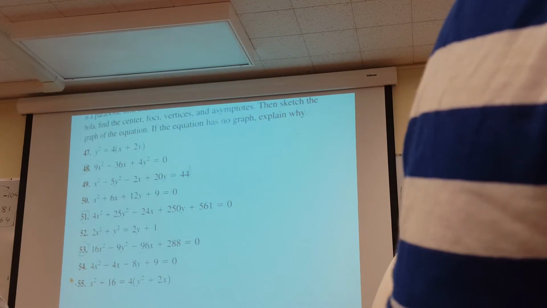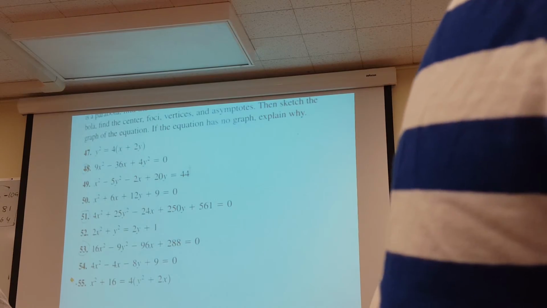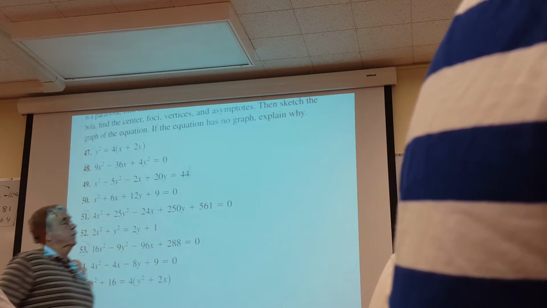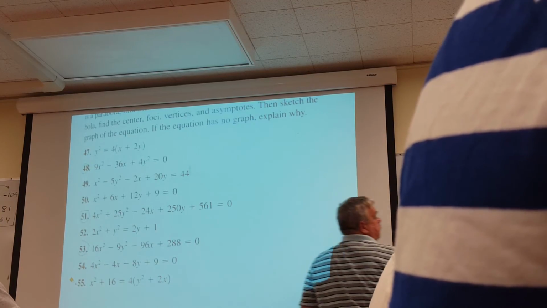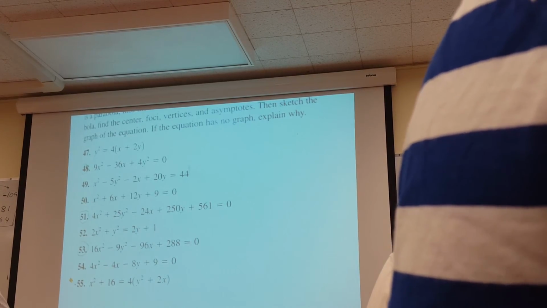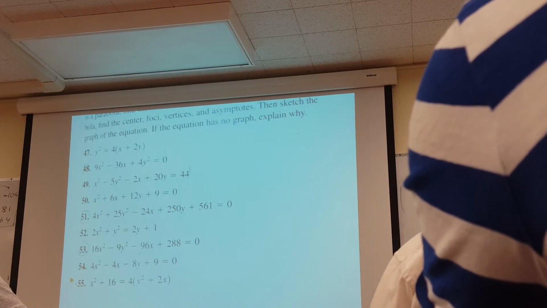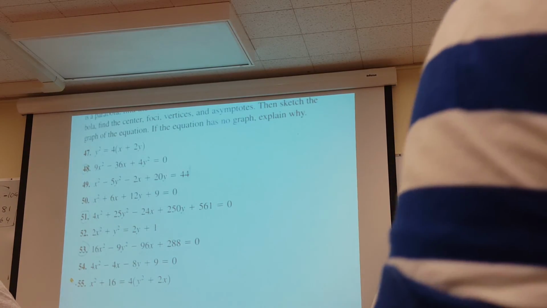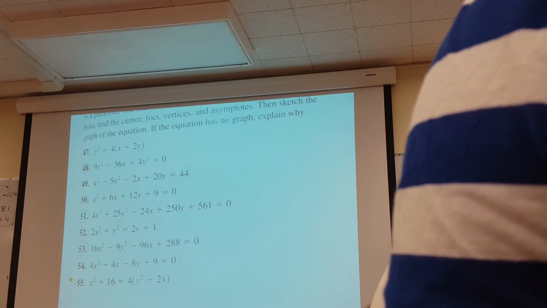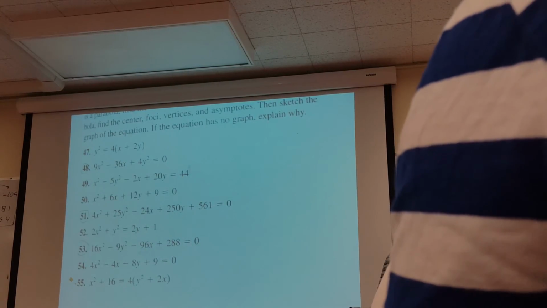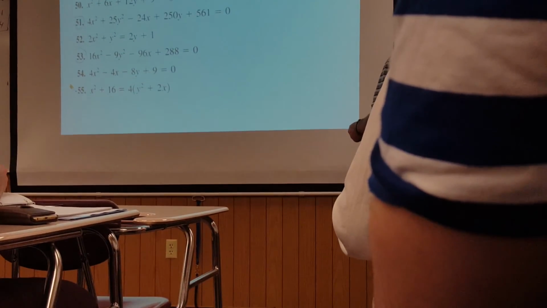All right. Okay, so we're gonna go 16x squared minus 96x, so get the x's together, minus 9y